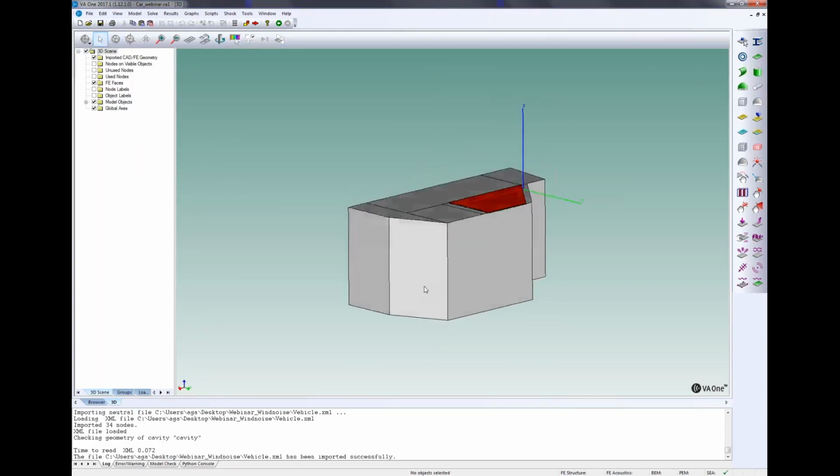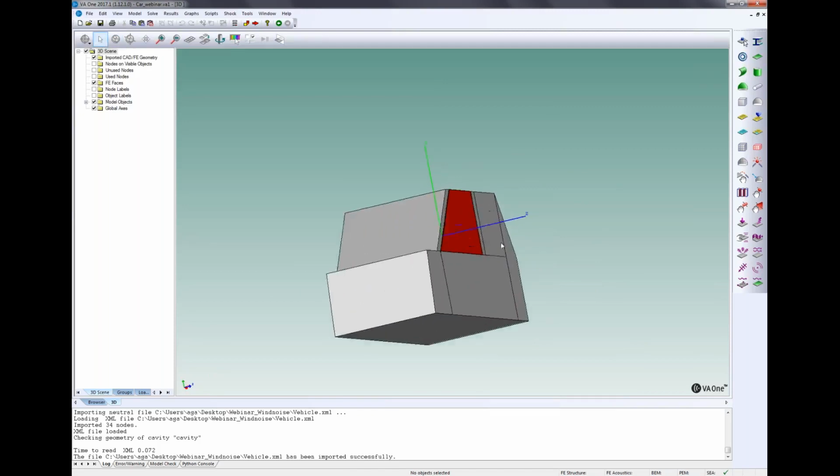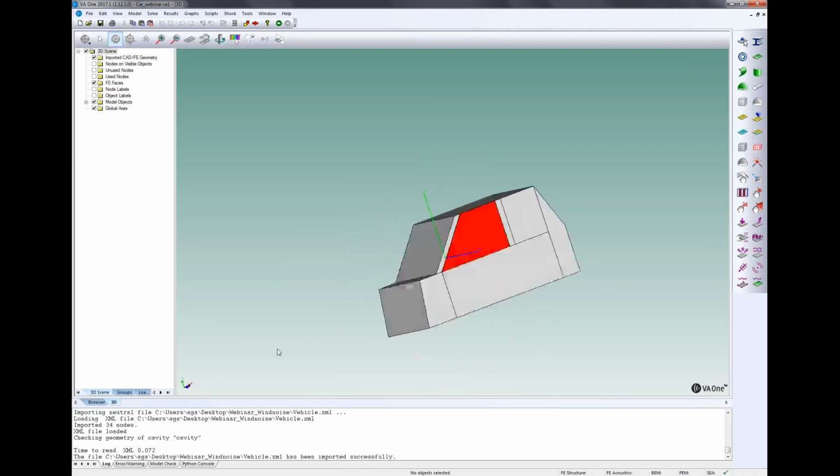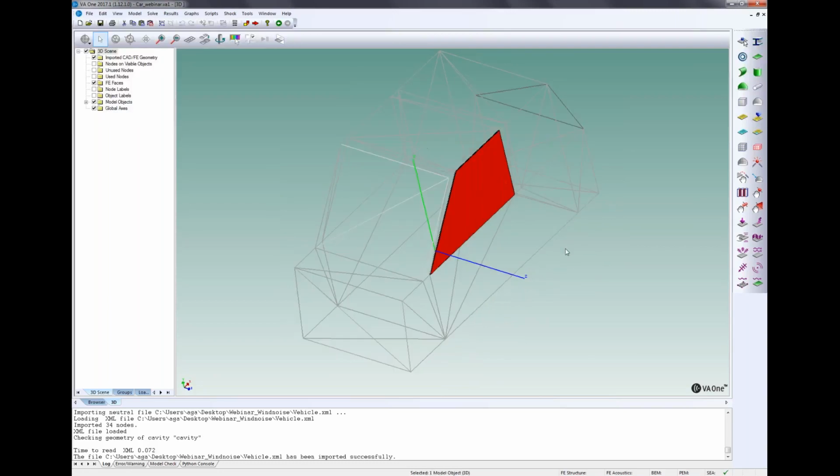It looks like a vehicle, we could say from far, but it's taking the main aspect of it, which would be, here you can see a SEA cavity.